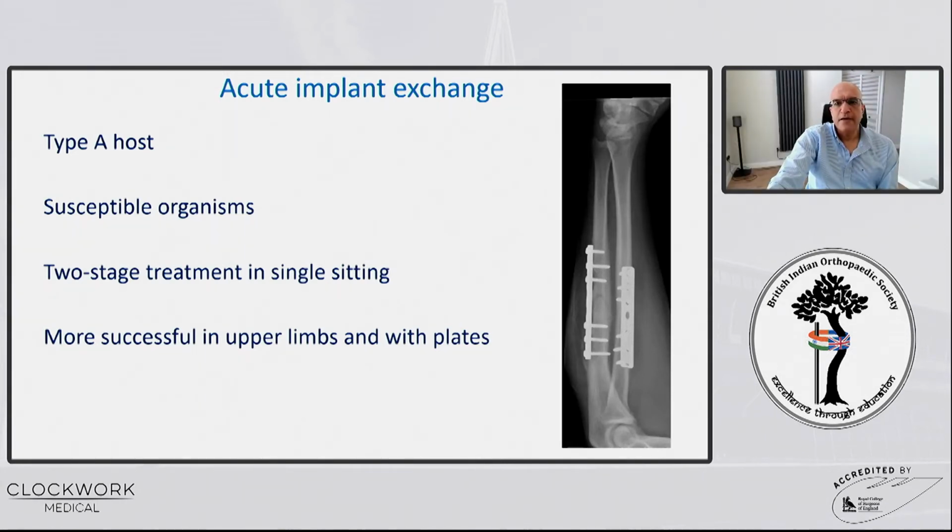to clean it up. If you can't suppress, if you think you want to do an acute exchange of implants, this will work particularly in the upper limb. It will work particularly if you have plates covered with good soft tissues. It will work if you have susceptible organisms, typically your staph that's sensitive to multiple antibiotics, but it's unlikely to work if it's a B host. It's unlikely to work if you have hospital-acquired organisms like enterococci, pseudomonas, Klebsiella, and all the nasty bugs from the